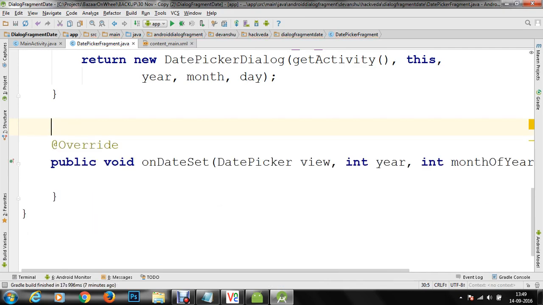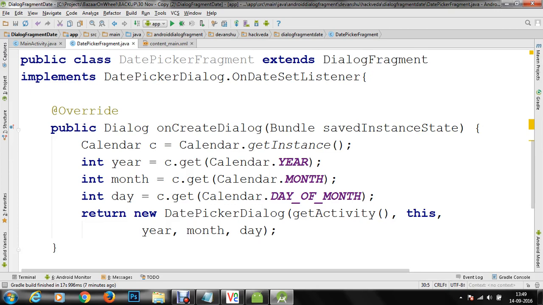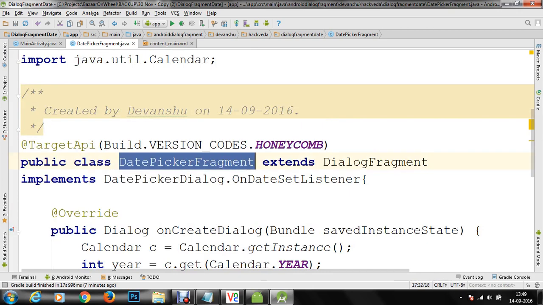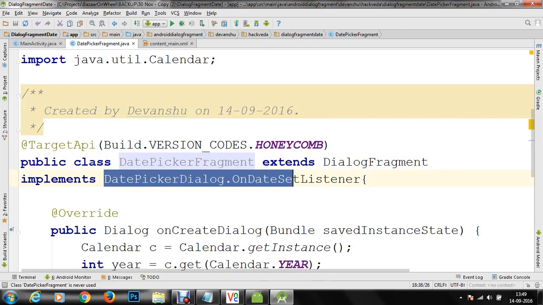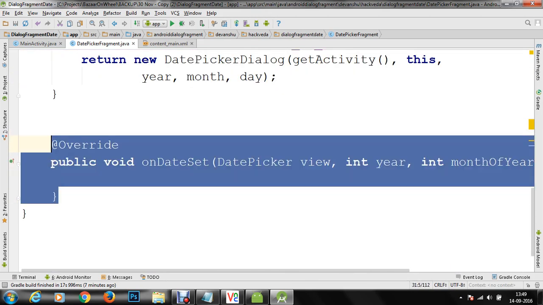So now we will be working with the method onDateSet. So what exactly we did, we have provided the context, we have provided the object of our current class, that is DatePickerFragment, which implements OnDateSetListener. And as soon as we implemented OnDateSetListener, we have to override onDateSet.